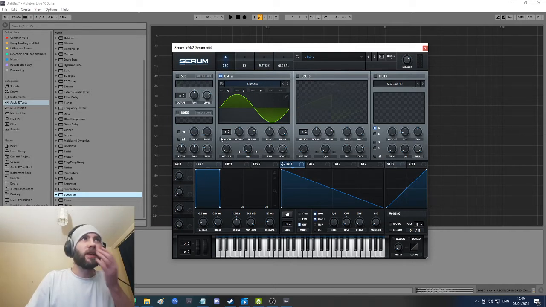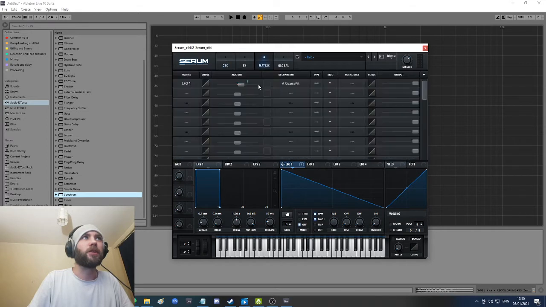A very simple way to show you is what happens with an 808, like a sub bass. We all know that 808 boom, that sub bass sort of 808 sound. And you can achieve that just by adding LFO1 to the pitch. At the moment, it's set to go both ways. So if you look in the matrix, you see this: there's an arrow going left and an arrow going right. That basically means that it's